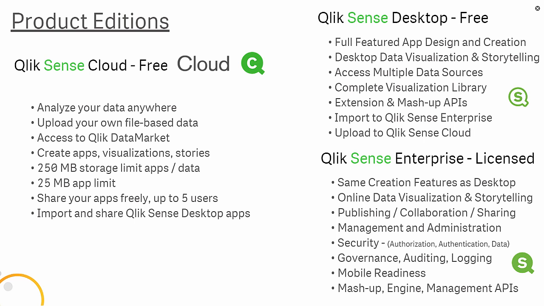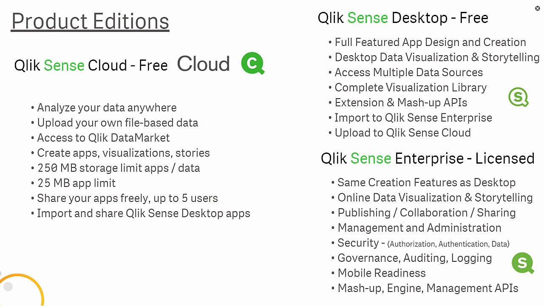Note there are plans to add more data sources and features as we improve the product following our continuous release cycle. You get 250 megabytes of free storage, which includes data uploaded and the apps created. Apps do have a 25 megabyte limit. You can also upload and freely share apps you have created with Qlik Sense Desktop with up to 5 users.